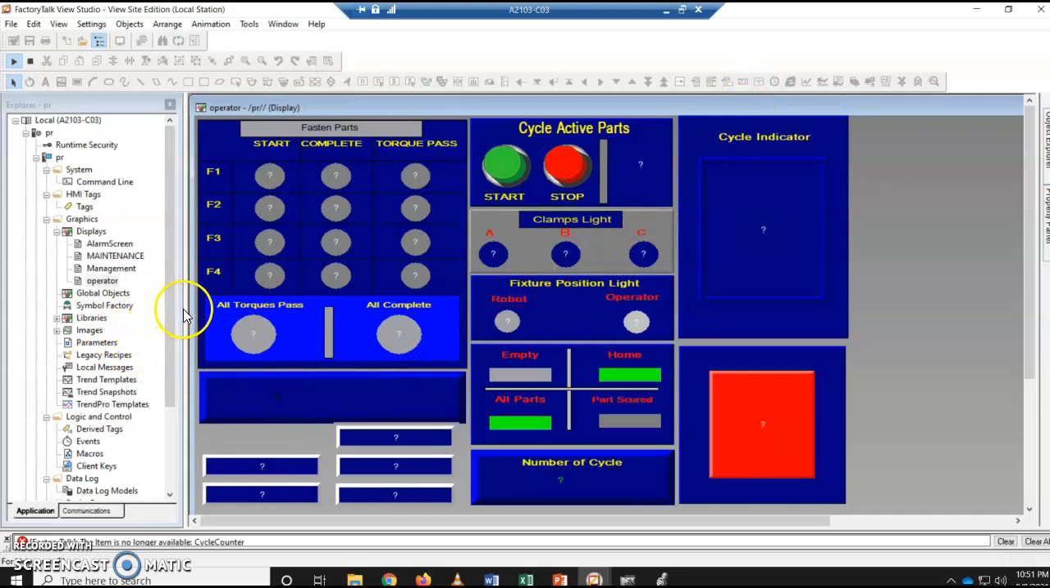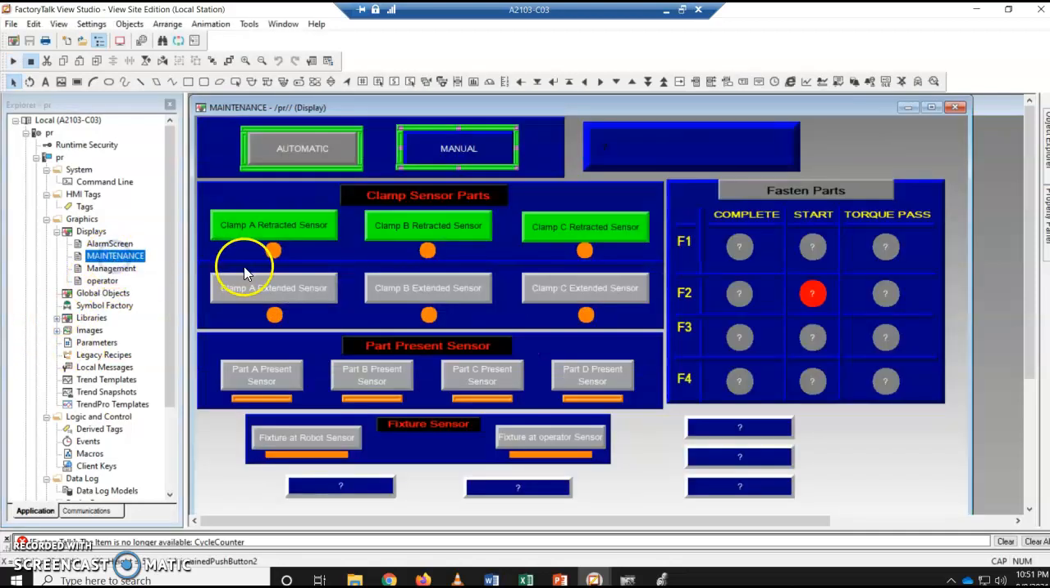So this is the operator. In conclusion, operator and maintenance should be combined. Just don't cut them, just copy them, you need them again. And for maintenance,